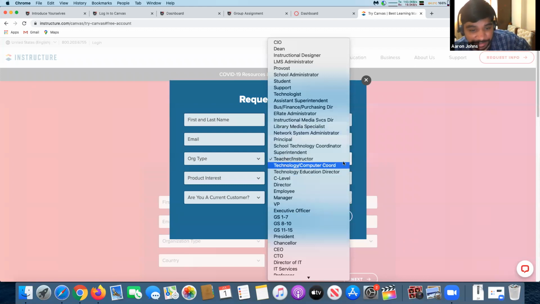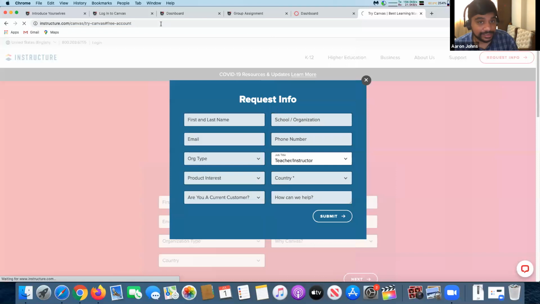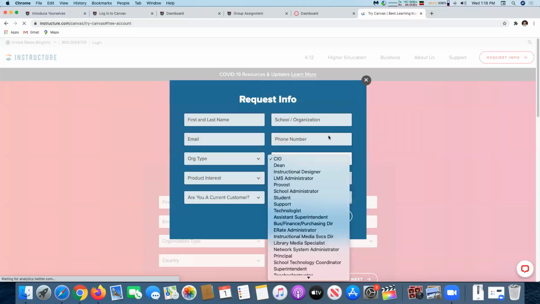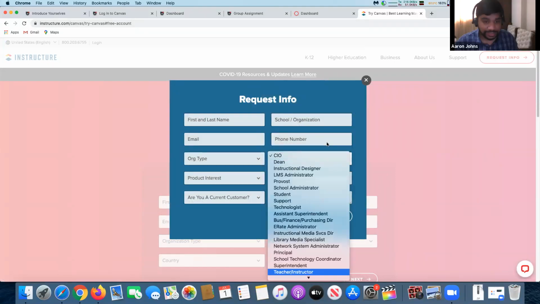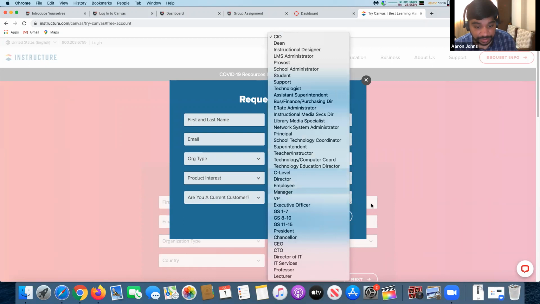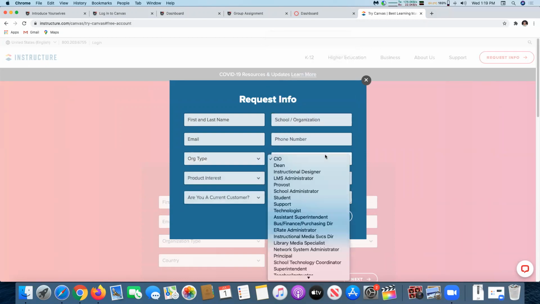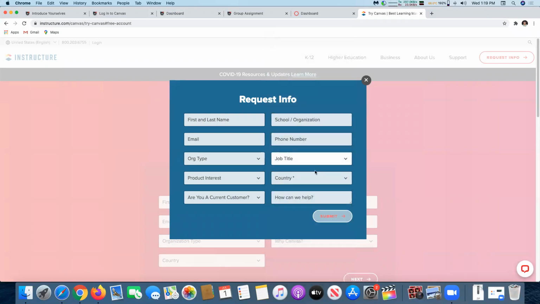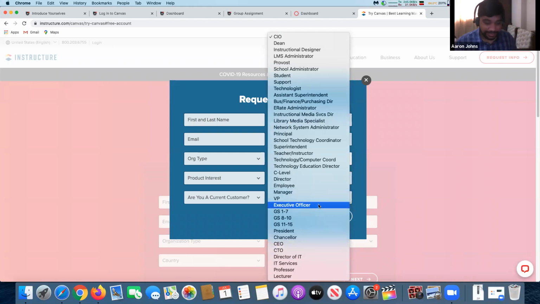Maybe, which browser are you using? Chrome or Firefox? Chrome. But very strange that I didn't get it. You can type in teacher, no? Yes, you type in teacher. It's not taking it. Just put TA. It's not taking that either. Very surprising. Maybe you'll have to refresh your browser. Just refresh your browser. Here you have lecturer, professor, everything. Just put professor, PRO. I'm not getting that page.